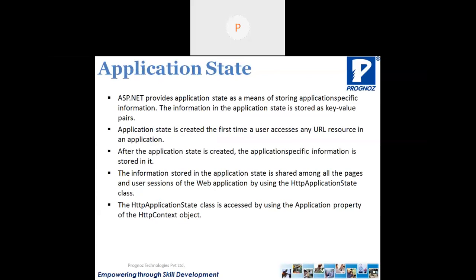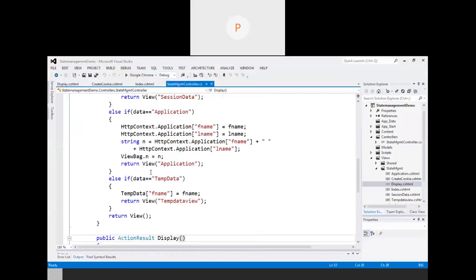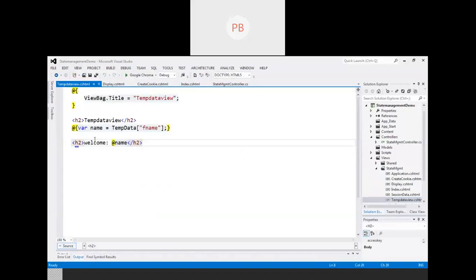So let's complete TempData first. Again, for TempData we have to write short code: if the data is exactly equal to TempData, then TempData fname equal to the first name is stored, and we redirect to the TempData view. Keep this looking familiar, because ViewData is almost the same as TempData. I have retrieved the data as variable name equal to TempData fname.